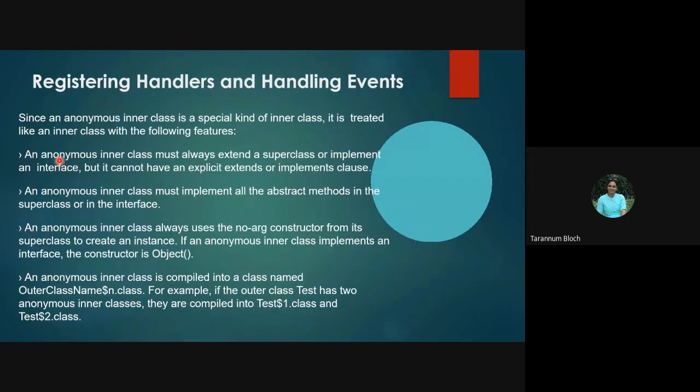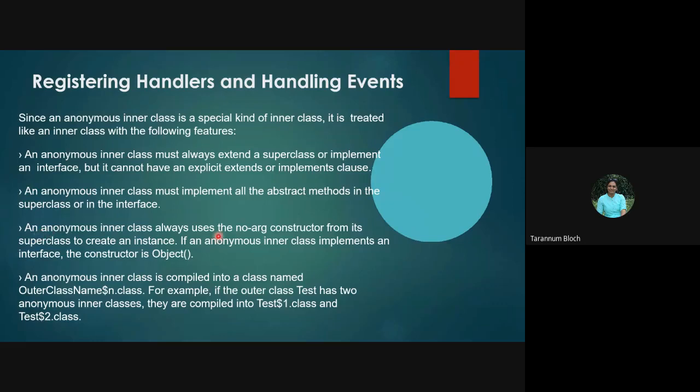That's the characteristics, right? Anonymous inner class must implement all abstract methods of the superclass or interface. That is a must, right? Because we know that abstract methods are there, and those abstract methods need to always get implemented in the inner child class. So the way we have the superclass child class relationship rule, that all the abstract methods of the superclass must be implemented in the child class, similar way we have a rule for the outer class and inner class. We said inner class must implement all abstract methods of the superclass or any in the interface. Fine.